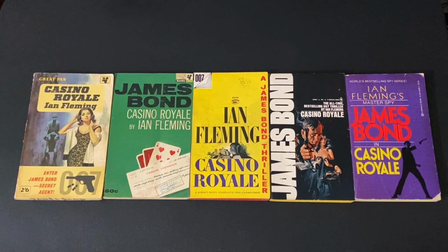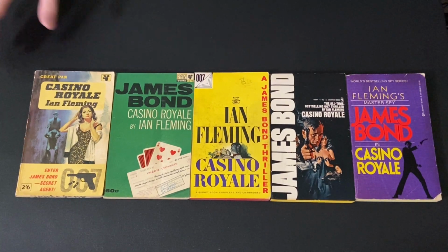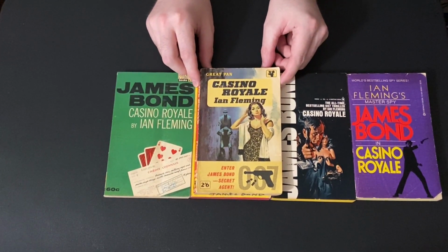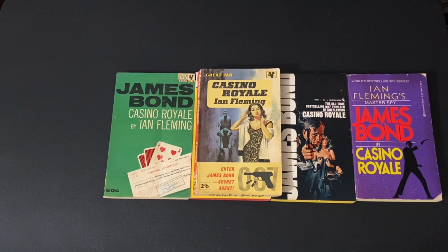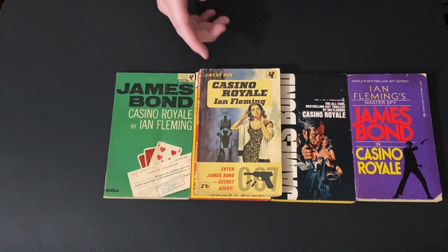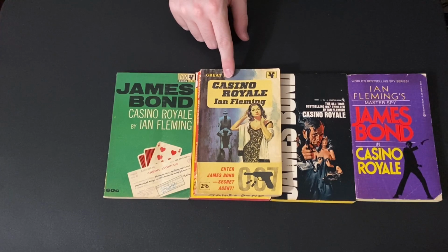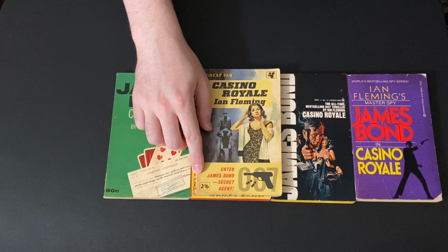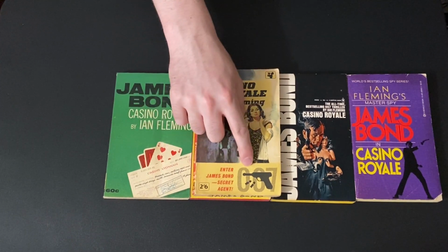So over the years, I've actually gotten a number of different Casino Royale editions, as we have here, and I've been lucky enough to get 2 original British Pan paperbacks from the different runs. So we'll start with the earliest Pan I have. There are different names for the various Pan series, but this is from the Great Pan run with the yellow actual box for the title and author credit, the very pulp detective novel or pulp crime novel feel to the cover, which looks beautiful, and of course the yellow banner on the bottom with the original style